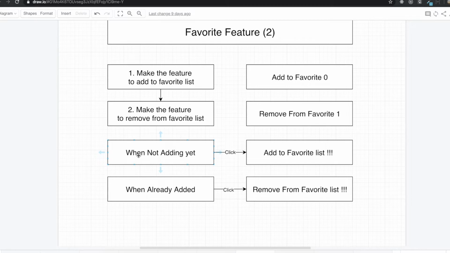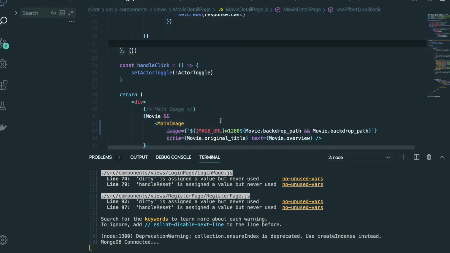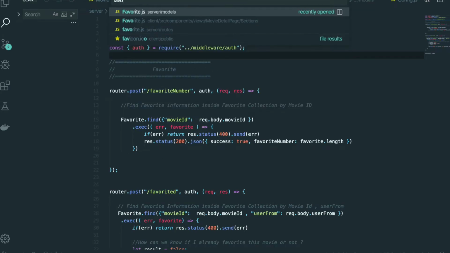First, when not added yet, when we click it, we are going to add that movie into the favorite list, and when already added, when we click that button, we will remove that movie from the favorite list. So first we are going to take care of the first situation. First go to our text editor. We need to go to the favorite component